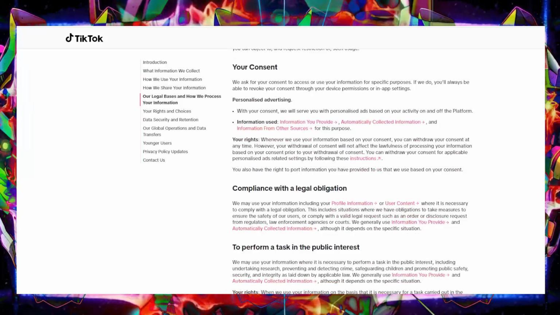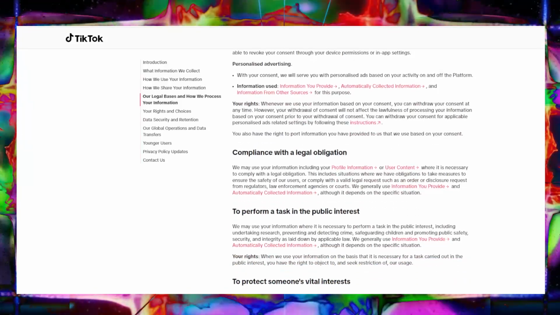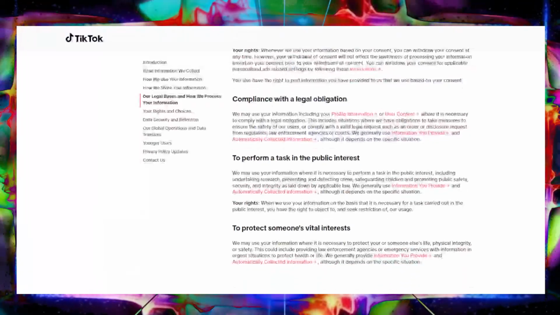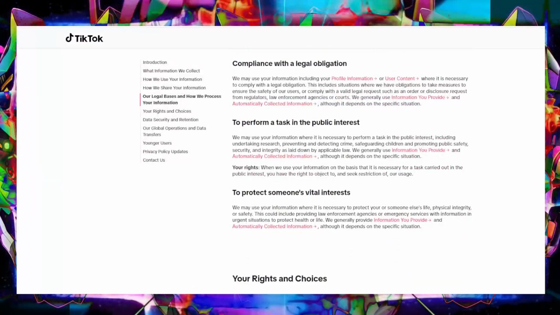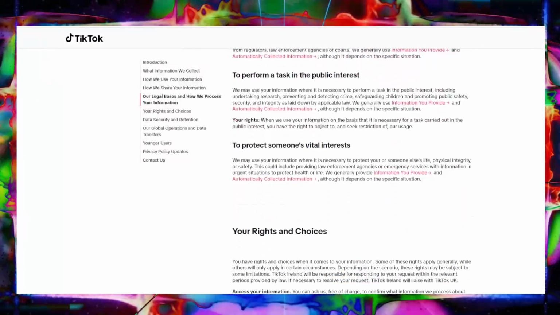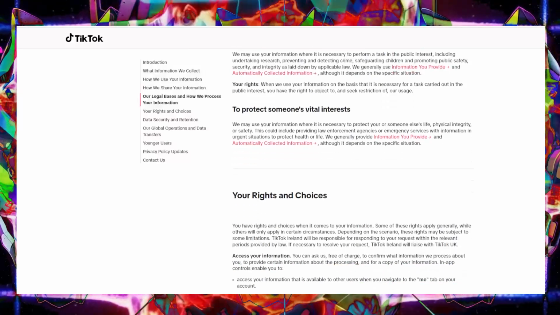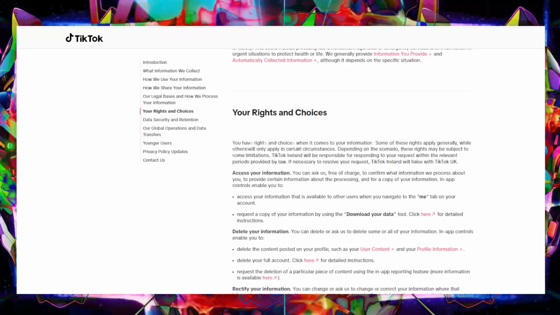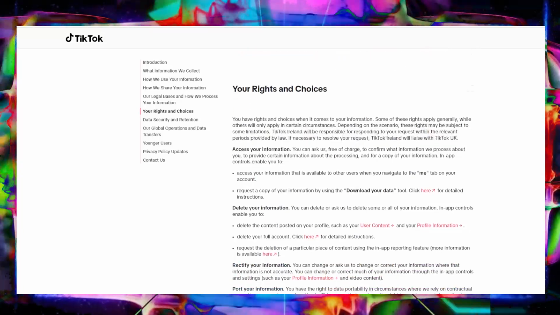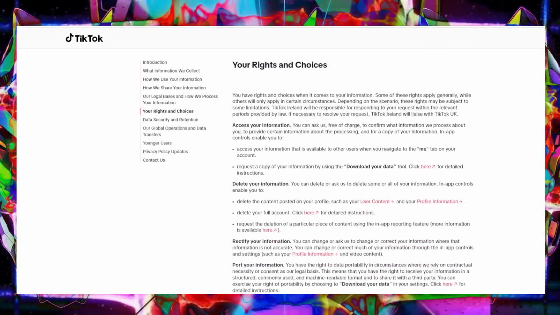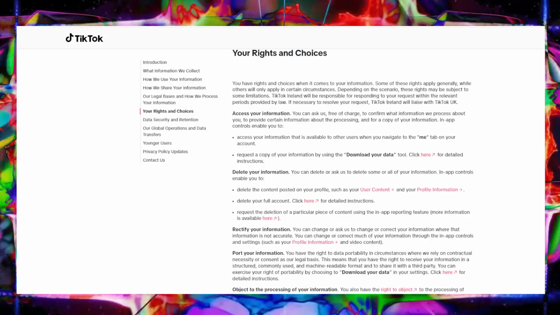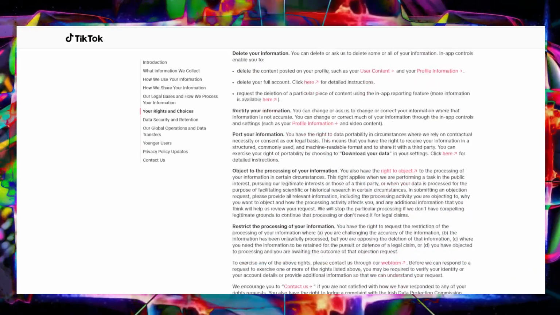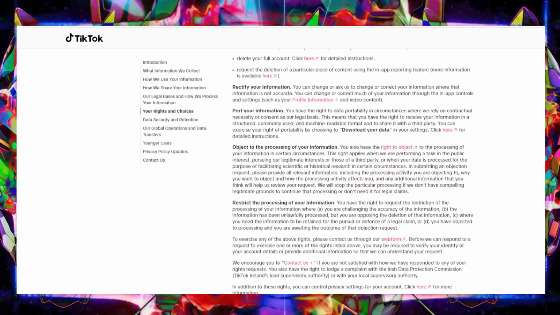For sure. You also have the right to object to how your data is being processed, the policy says. So if you're not cool with how TikTok's using your info for certain things, you can speak up. So, like, if I don't want them using my data for targeted ads, I can tell them to back off. Exactly. Now, whether they actually honor your request, that depends. It depends on their legal stuff and what they consider legitimate interests, whatever that means. So not a guaranteed win, but still worth a shot. Totally. It's about being proactive. You're not just passively scrolling. You actually have a voice.